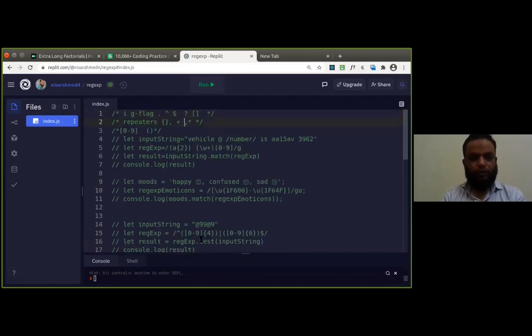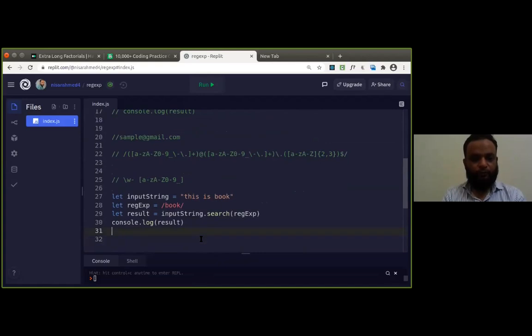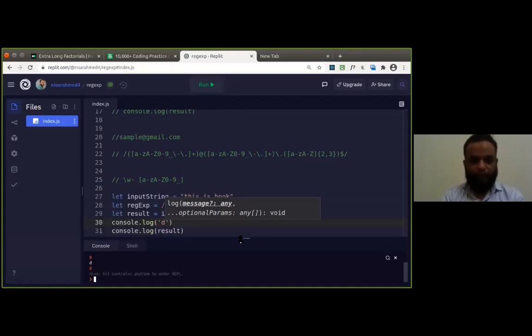There would be something else. No, not there. Let's go for G. It's not returning anything. Okay. Yeah, we're getting that. It was some small mistake, sorry. So you can see